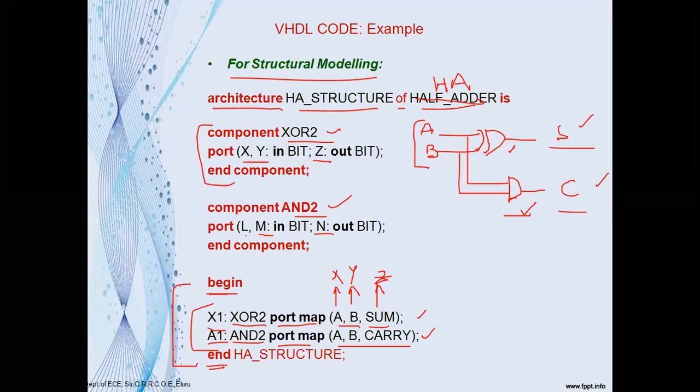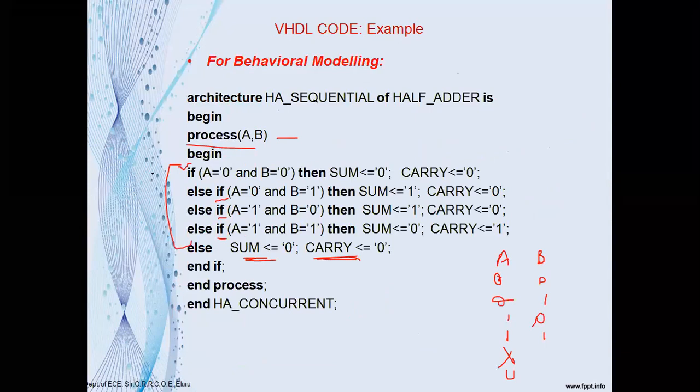This is the example we took. And another important point, if you observe, in data flow we use concurrent statements. In behavioral, we use sequential statements because there we use the process statement. Remember this. Whenever you see a process in a program, which level, I mean which modeling style, is it? It is the behavioral modeling style. So when writing in the behavioral modeling style, instructions are executed sequentially.